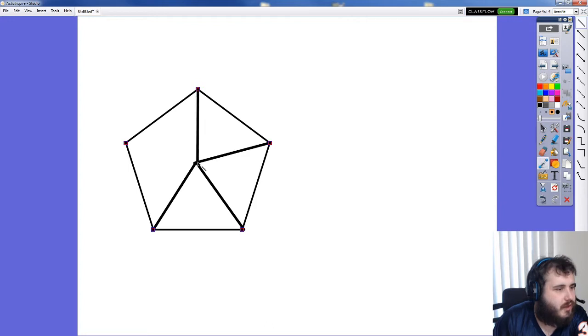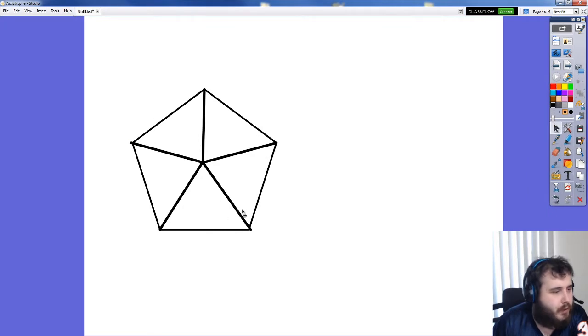And the key thing to understand is that all of these are going to be the same. Each of these 5 triangles that I've made is identical, which is sort of part of the point. Because if I can have these 5 identical triangles, all I have to do is figure out one of them, right? So the way we do this is